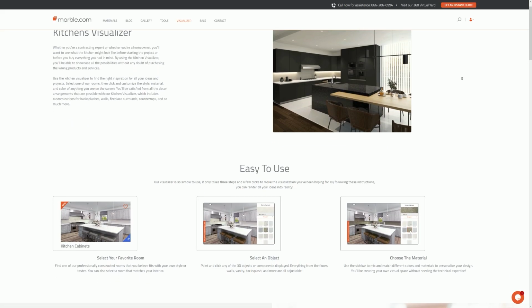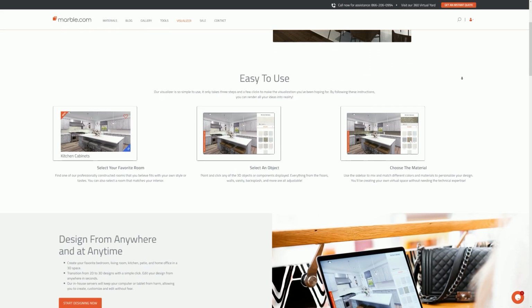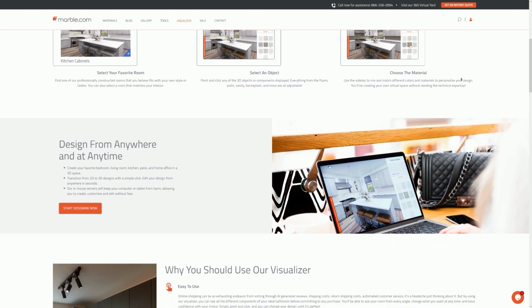Hello, my name's Chris, and in this video, we'll be examining all the benefits of using Marvel.com's Kitchen Visualizer. The Kitchen Visualizer is a digital tool that renders the different 3D components to mix and match your kitchen finishes